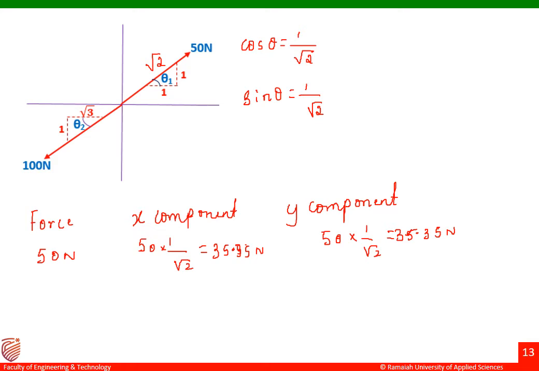Let me go for the second one, that is 100 Newton. Here in this case, theta 2 is not given, but the slope is given. So in that case, what we have to do is find out what my cos theta is and what my sin theta is. Cos theta is given by, you can see, theta 2 is making an angle with respect to the horizontal. So my theta 2 would be